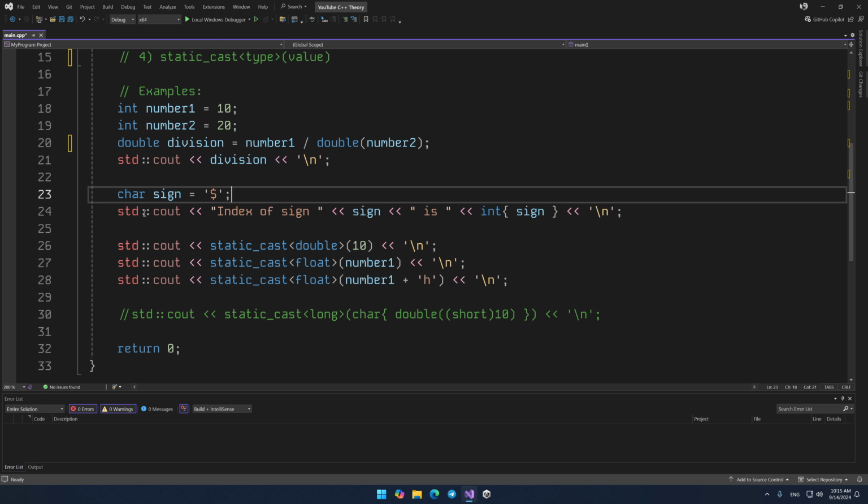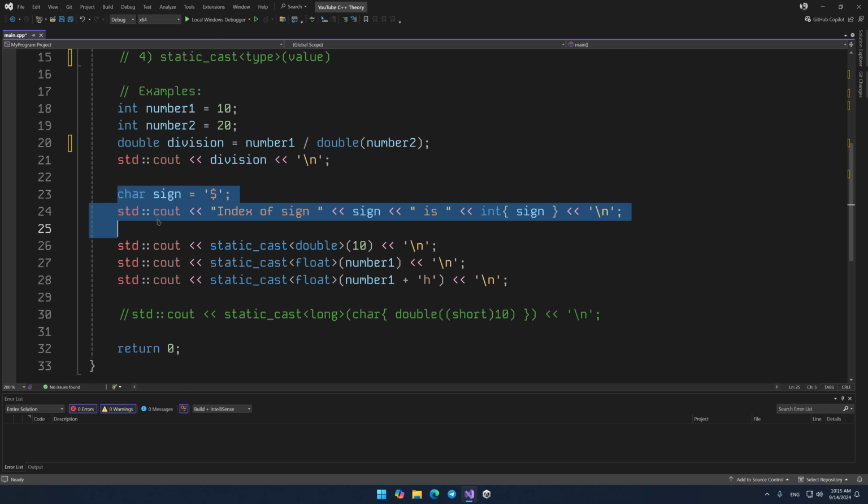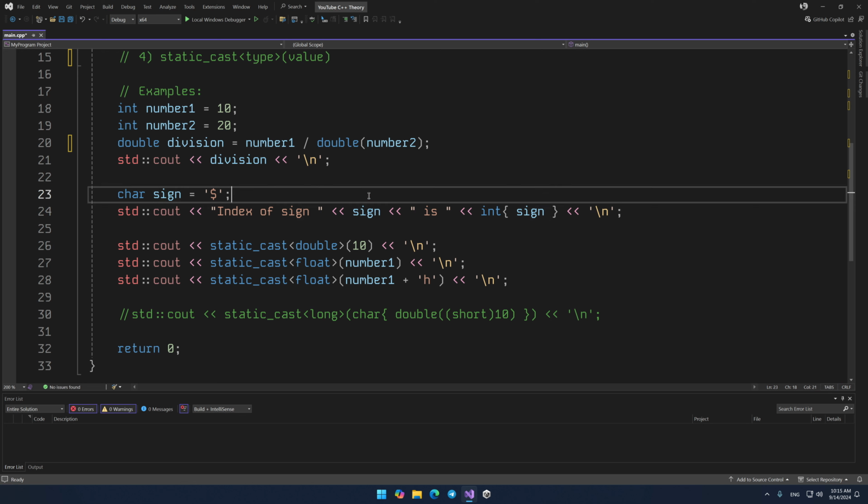The second example is that we need to display the index of a character on the screen. See how it displays character types showing characters, not their indices. So to display the index, you can, again, create a new variable of type int and copy yours there, or explicitly cast the char type to type int when displaying the value. Here, we'll see the character, and here, its index.